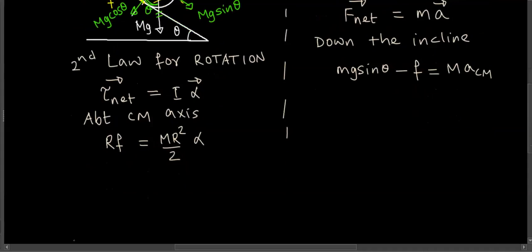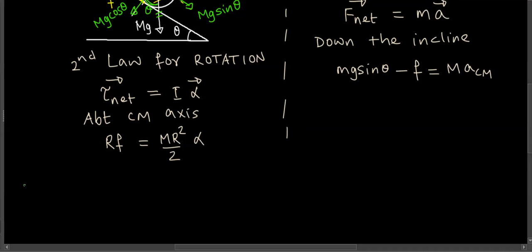look at the unknowns. We are after acceleration of center of mass. We are after angular acceleration. But there's another unknown, friction. So that means we need one more equation. Mathematically, if you want to solve these equations and get the value of acceleration of center of mass and alpha, we need one more equation. Do you see that equation, or did we already look at it?